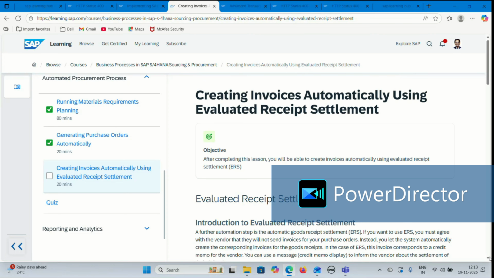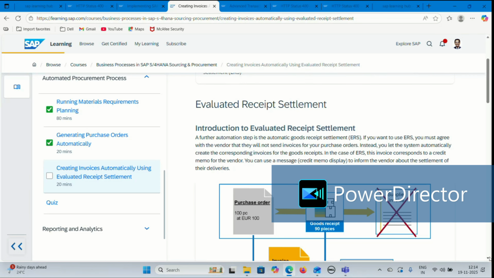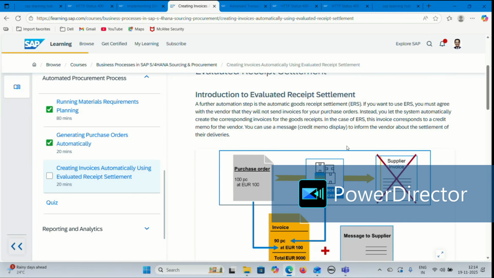ERS, yeah, Evaluated Receipt Settlement. So do you know ERS? No, sir, this one is a new concept. Okay. So ERS is nothing but evaluated receipt settlement. In this case, if any vendor has a long-term relationship with the organization, they don't need to send an invoice every time. In those cases, based on the vendor relationship, whatever